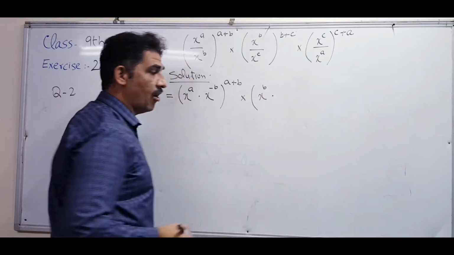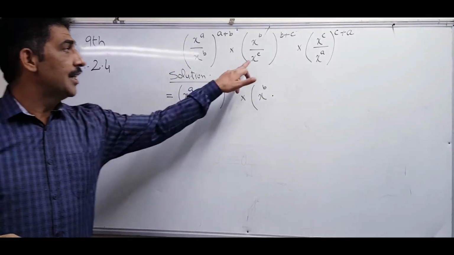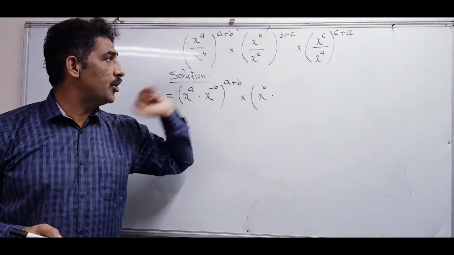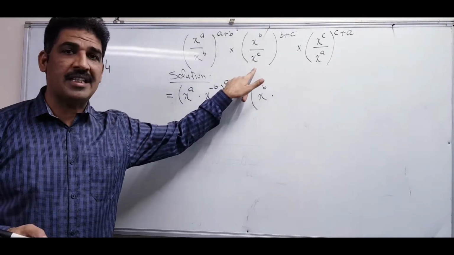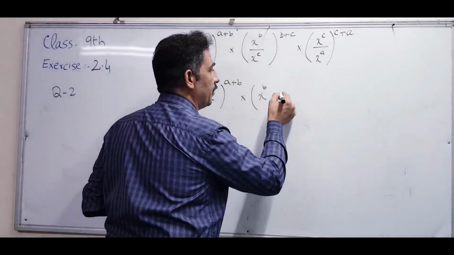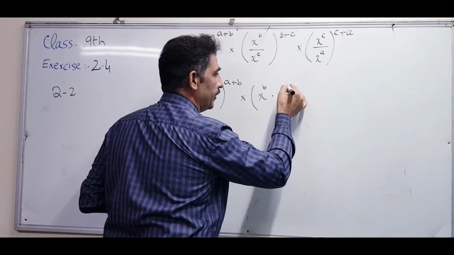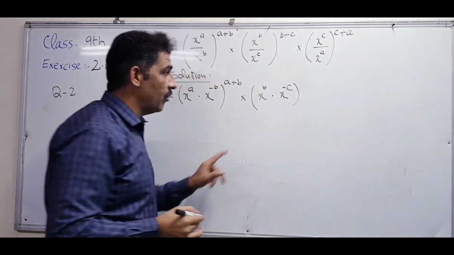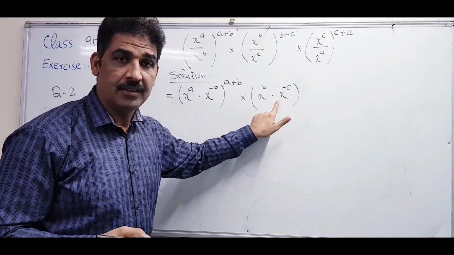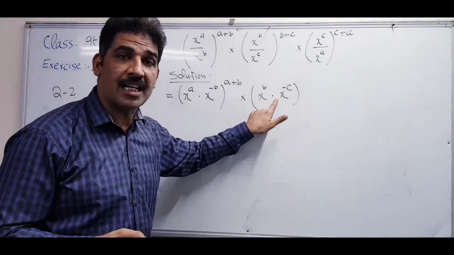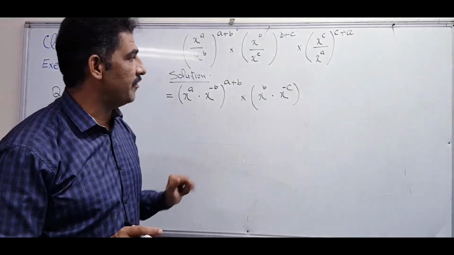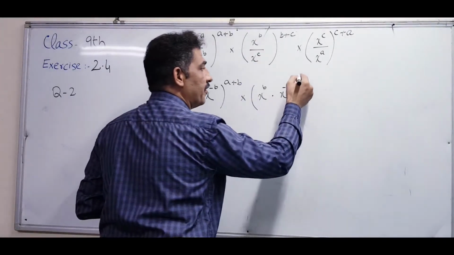So this dot indicates the sign of multiplication. We make it numerator. What will we do? When it becomes numerator, what changes? Its exponent sign will be negative. Be careful: the exponent sign is negative, not the variable sign. Sometimes students make the mistake of writing minus x, and minus x is absolutely wrong. The exponent sign will be changed and the power will remain the same.